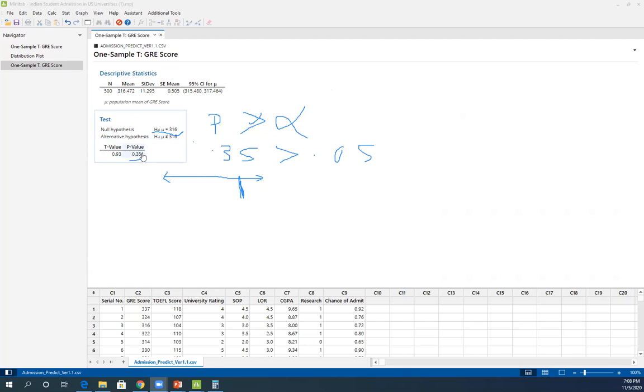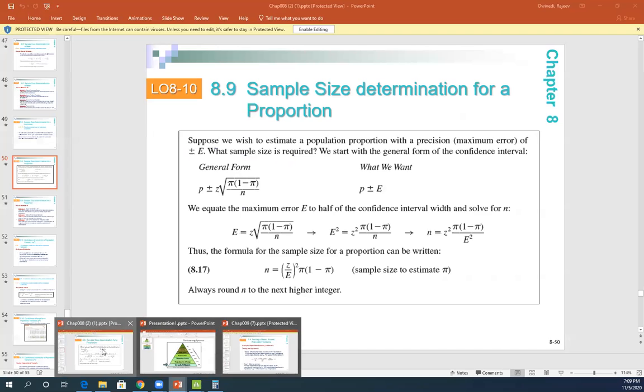Now you get the two points. This hypothesis testing can be critical: like I did, I just changed the hypothesized mean from 320 to 316. By changing this, the hypothesis is accepted. There could be another possibility: I can make a bigger confidence interval. So there are two ways to do that. Now I come back to my